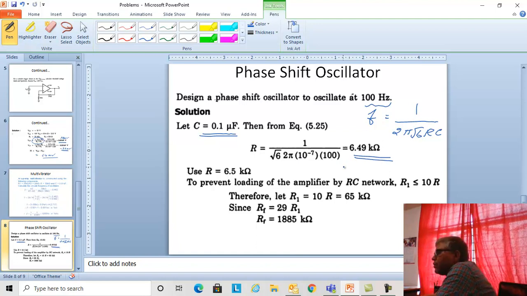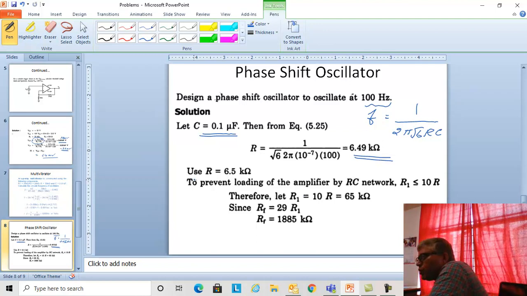So that's the resistor of your feedback network, that is your R and C. Now the gain formula we need to do. We know that for an RC phase shift oscillator the gain should be equal to 29. So you may have to design the circuit for the gain to be equal to 29. That is very easy, that's not a problem at all.